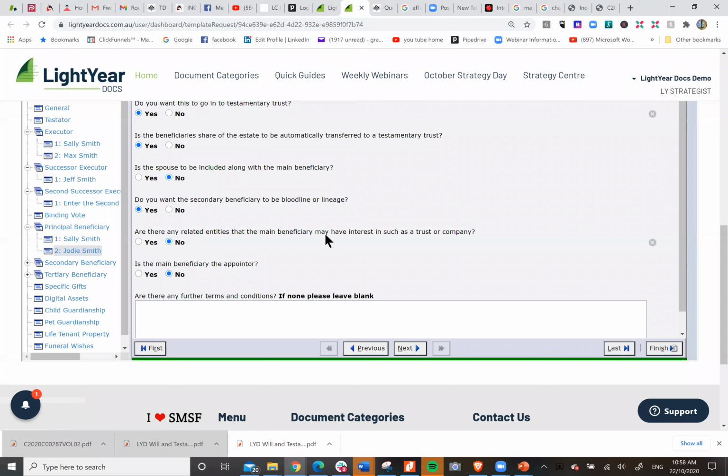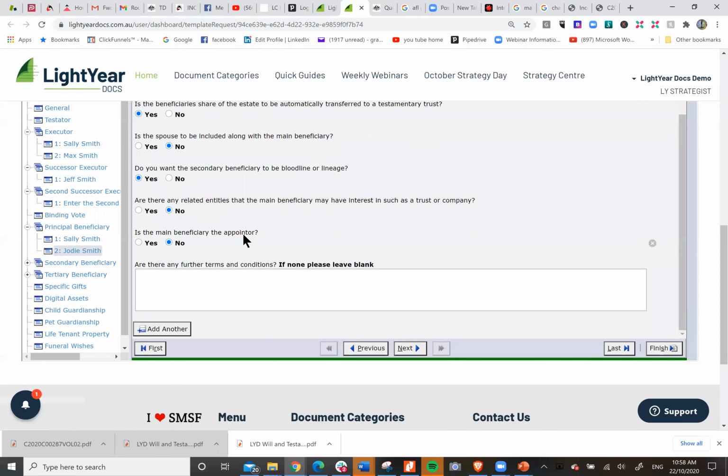Are there any related entities such as a trust or company? Have we got a bucket company? No, but we can always put that in later on. Is the main beneficiary the appointor? No, because she's disabled. So here we could put Max Smith to be the appointor and trustee of the trust for Jodie Smith.